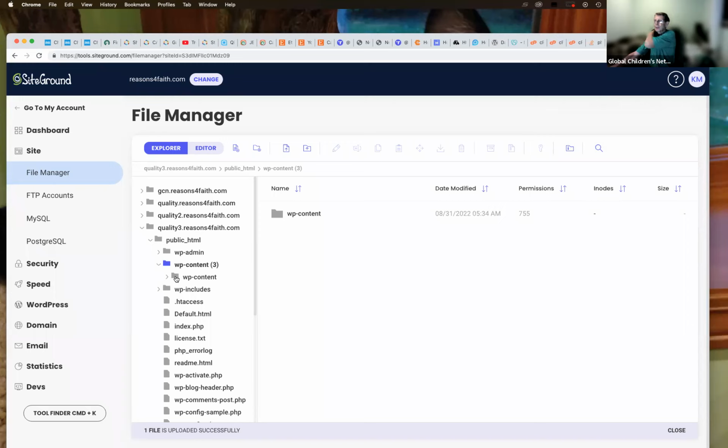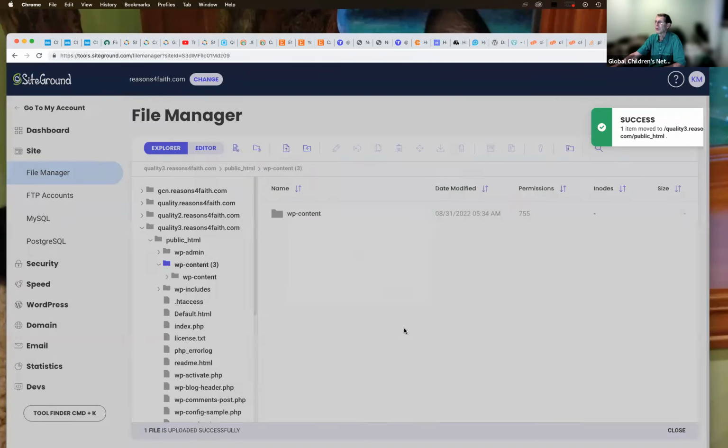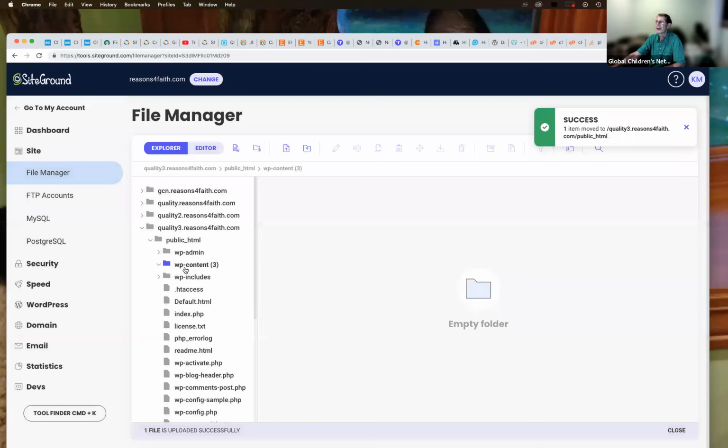So they actually have a right click for move. So I'm going to do that as well. I'm going to get rid of all the junk and just put it in reasonsforfaith.com/public_HTML. I could get it out. Okay. So that's going to extract it, and